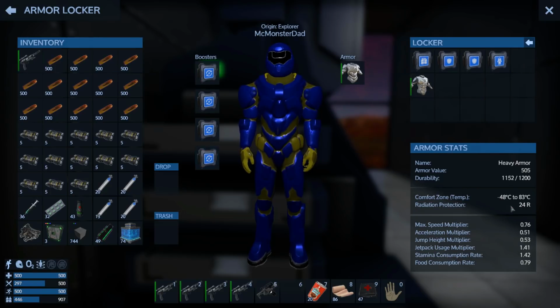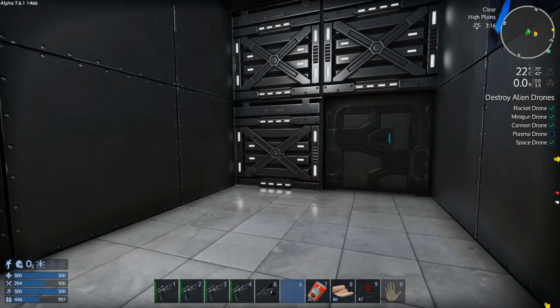What are my temperature protections? Up to 83. Okay, good. Because if I manage to take all the power out, if I'm in the middle of a heat wave in the middle of the day, I need to make sure I'm protected from heat. And I'm up to 24 radiation, just in case there's radiative fog. That's fine. So I don't need to take any of that water with me. What I do want to know is how...